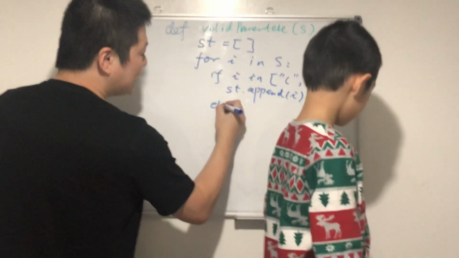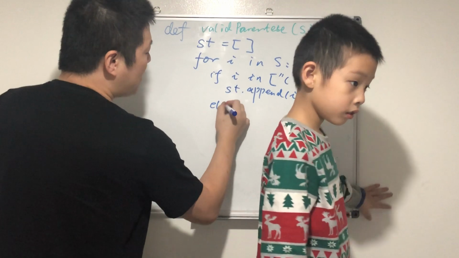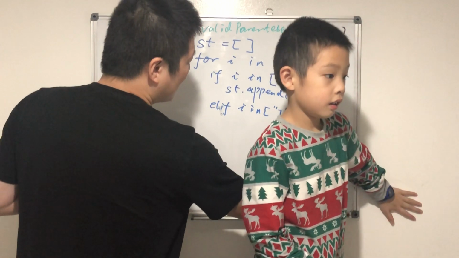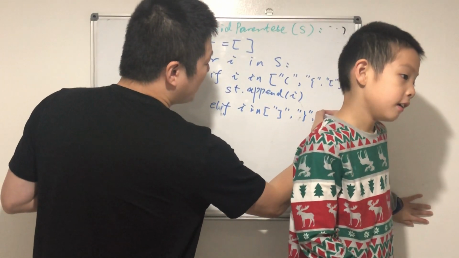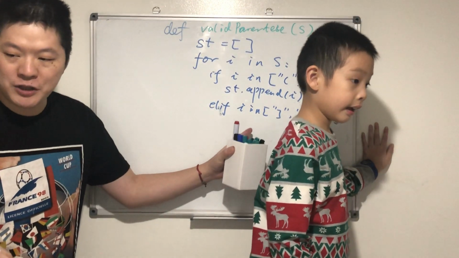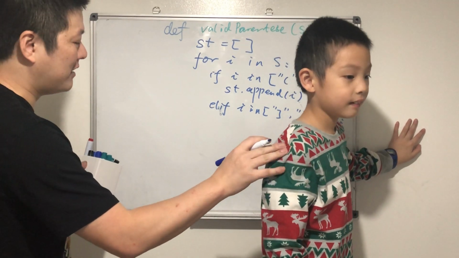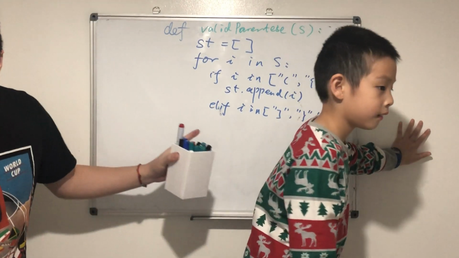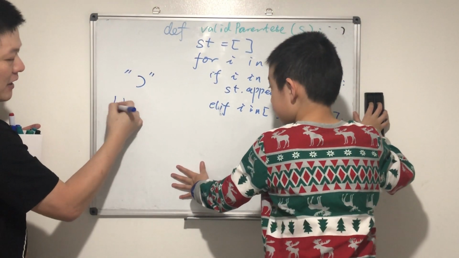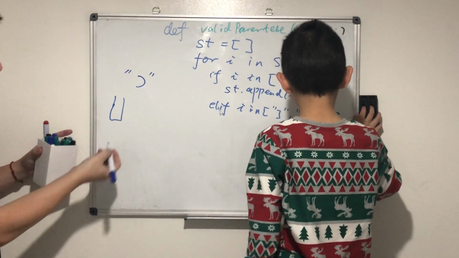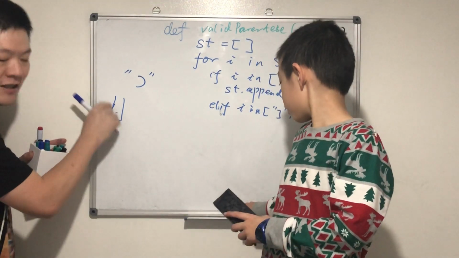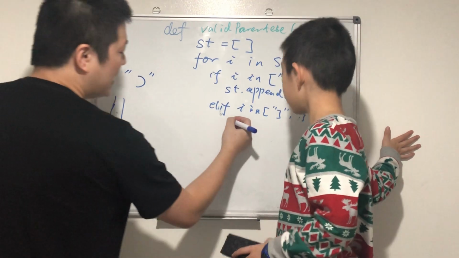Else, if i is in all of the closing brackets, then we need to check if the stack is empty or not, right? If at the beginning the stack is empty and we have the closing one, it's invalid. We can't pop any element. There's nothing in the stack, right? So we need to check in this case. If there's nothing in the stack, it's invalid, right? So we need to check if